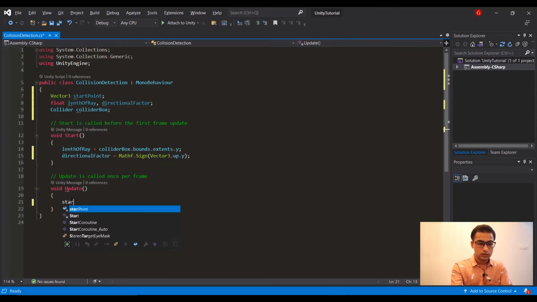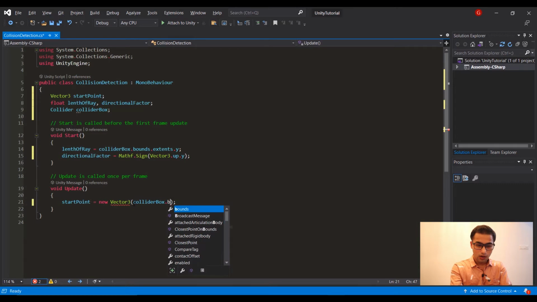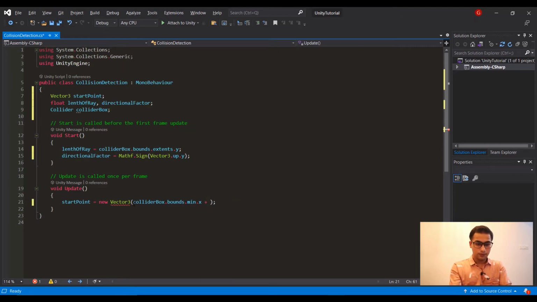So start point equals new Vector3, and here I am going to write collider box dot bound dot min dot x, and adding margin.